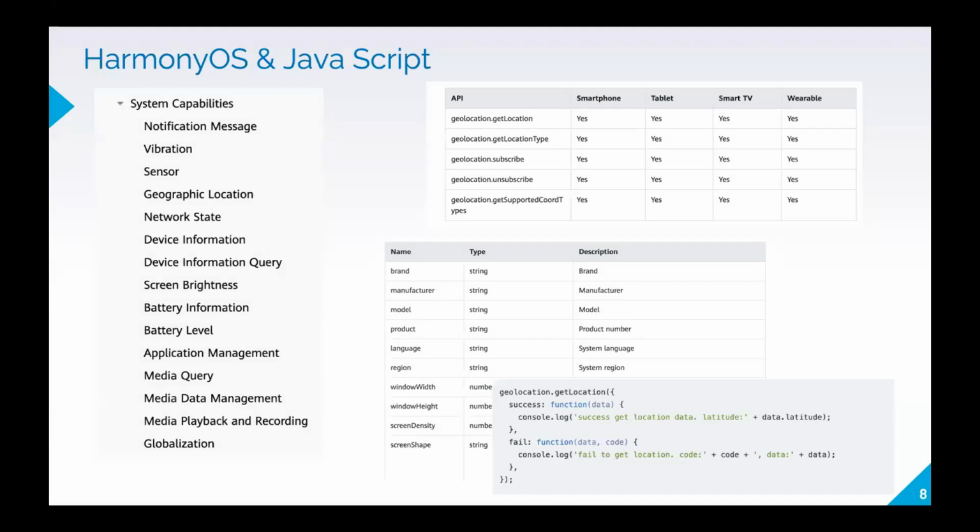The same goes for vibration, network, all those details can be obtained, and you can even write native code and interact with the native code from the JavaScript itself. That option is also provided by the Harmony framework for JavaScript. So now we will check